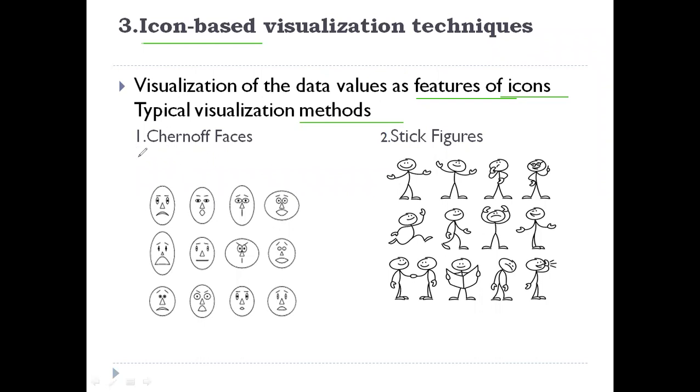The first one is Chernoff faces. What is the first one? It is Chernoff faces. If you want to represent some kind of information, instead of typing out all about our feelings, you can directly put one message, you can use one symbol. Every day, here we are using multiple symbols in social networks.